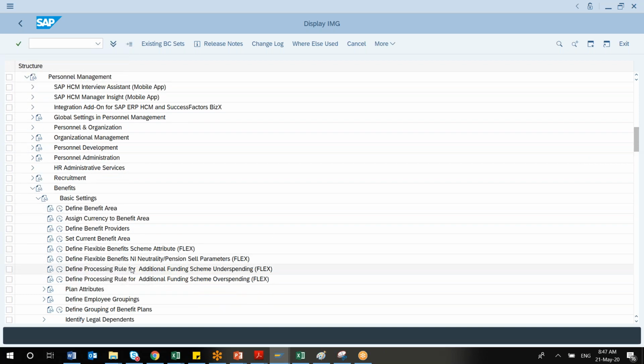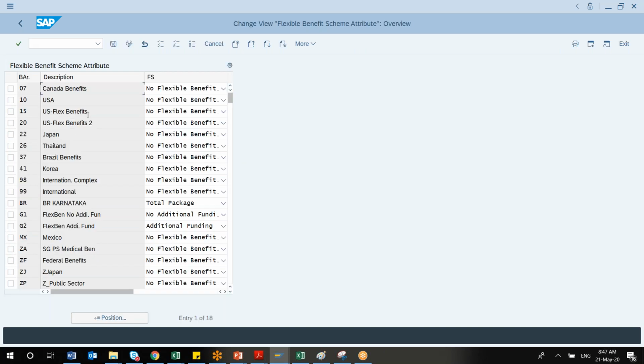So the remaining part actually depends upon your organization, whether you are using flex benefits or not. If you are not using, then you can skip it. If you are using, then you can define it. Okay, like what is a flexible benefit scheme attribute? If I go inside this, you will be seeing, for a particular benefit area,